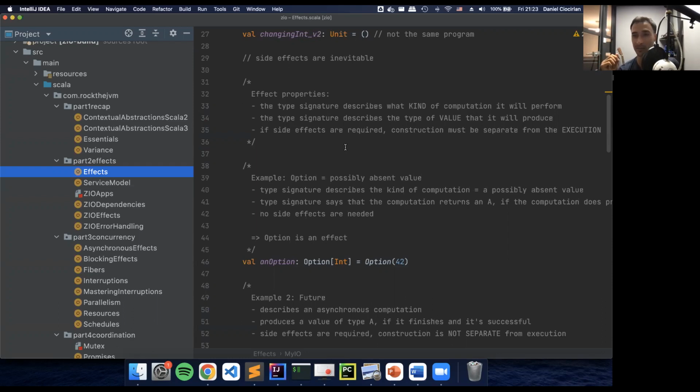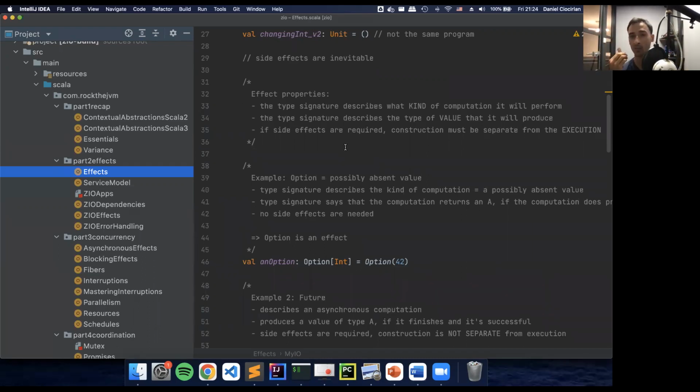And then you start to get into the more philosophical aspect of an option, which is the possibility of an absent value, which eliminates the need for null checking. And this leads to more elegant code, and more freedom in how we think and approach code so that we don't need to write defensive code all the time. So when you start to get into the more philosophical aspect of a data type like this, you then understand what pure functional programming is all about by piecing together different examples like options and tries and futures, and giving some discrepancies between them.